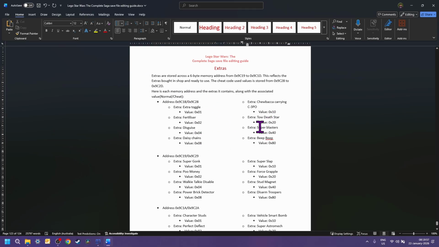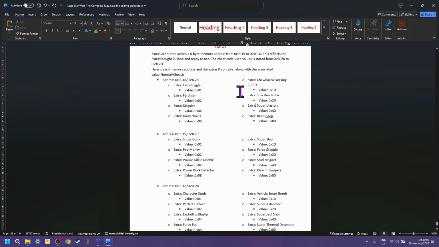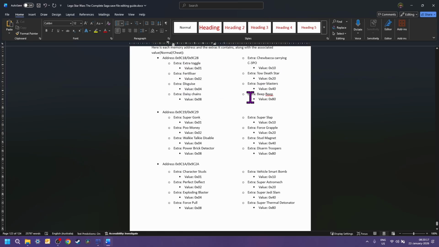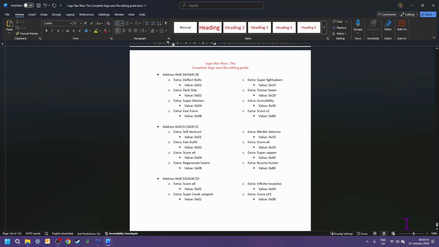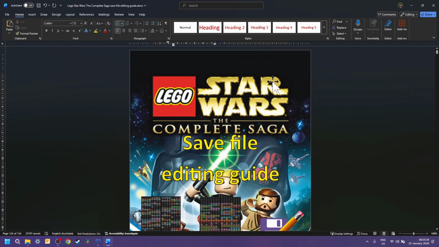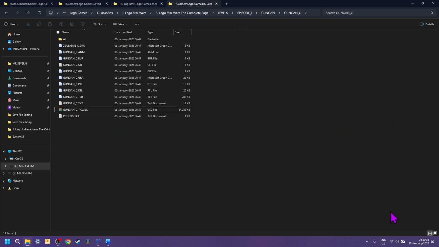Extras is basically the red bricks you collect that modify the game. So there's a cheat value, well, I'm assuming it's a cheat value, but they're both active at the same time. So that's it all, and that's the Word document done, or at least a brief overview. I'd be here all day if I was to literally note everything down.